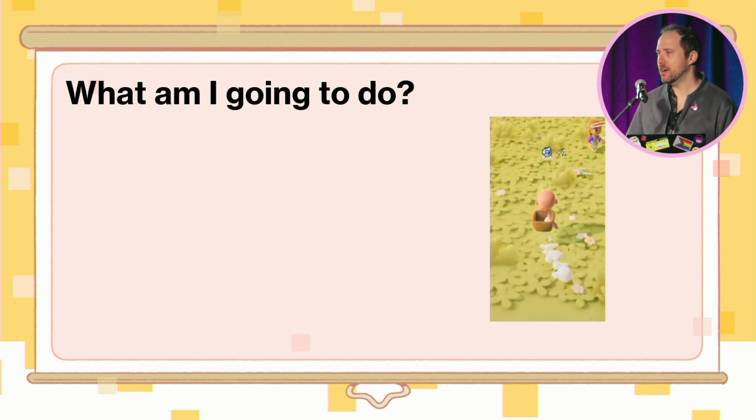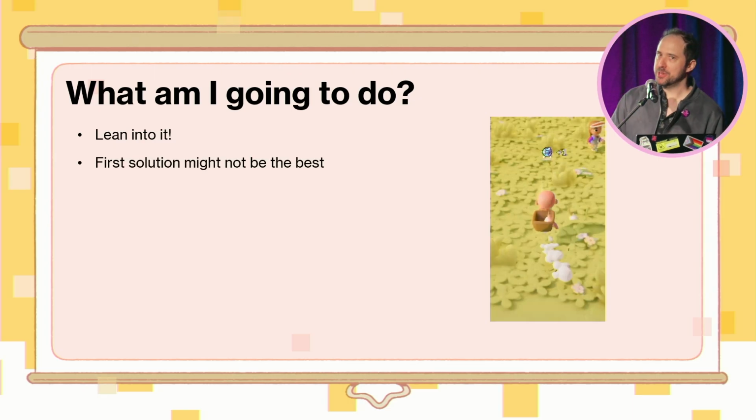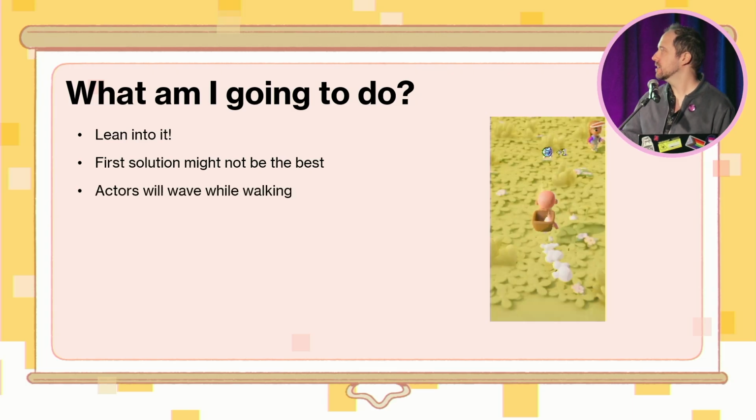So then I've got to think about, okay, what am I going to do about it? The first thing I could do is fix it. That's the boring solution. I'm going to lean into it. But the first solution might not be the best. What we realized pretty quickly is that the wave action is a non-blocking action. The actors will perform it while they are moving. Having a cow stand up and wave while it's moving is a little bit awkward, but we did have another